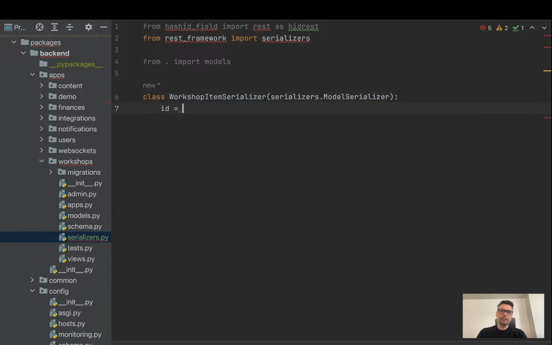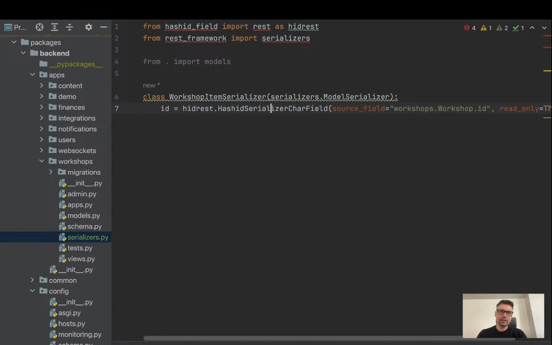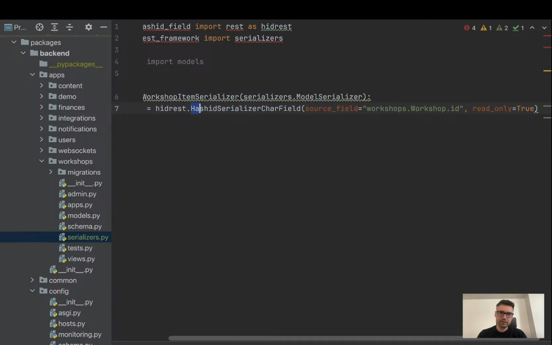And we're going to serialize two fields really, both of them, all that we want. For serializing the ID field, which is represented as a hash ID field, there is a built-in serializer field, which is HashidSerializerCharField, and